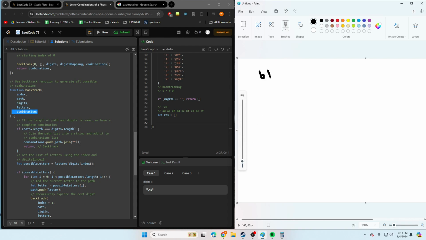What am I going to do here? Digits, digits mapping, combinations, backtrack. We have an array starting from the index, and this is what we call path. And then the rest is given. And then if path.length and digits.length are equal, that means